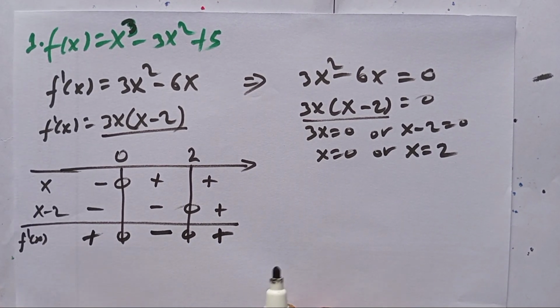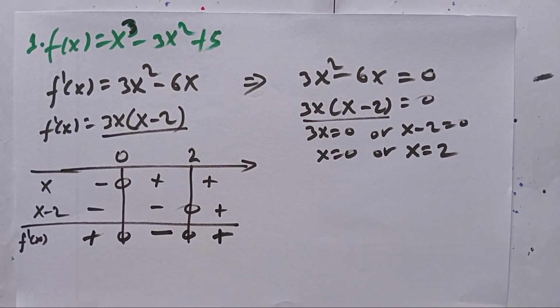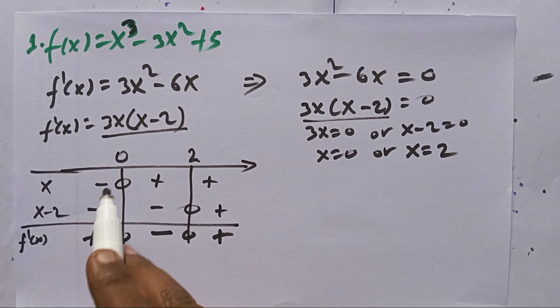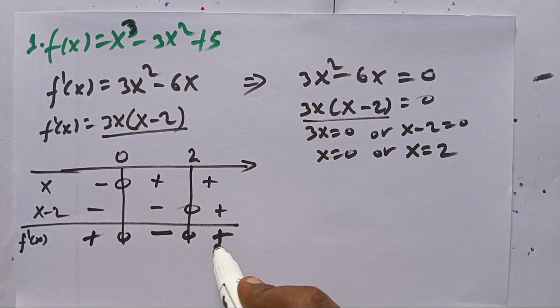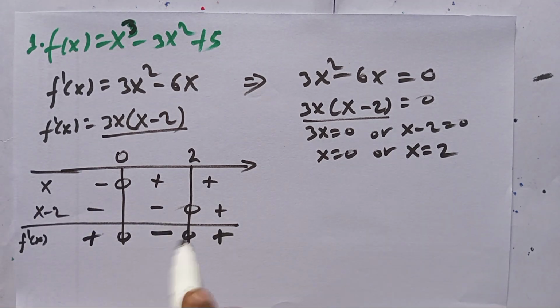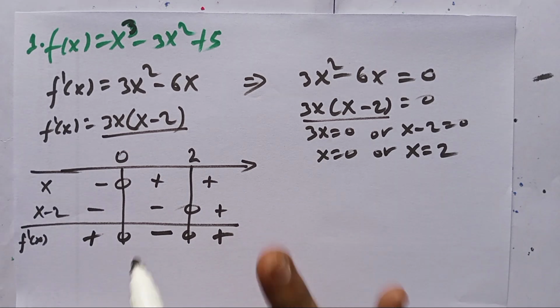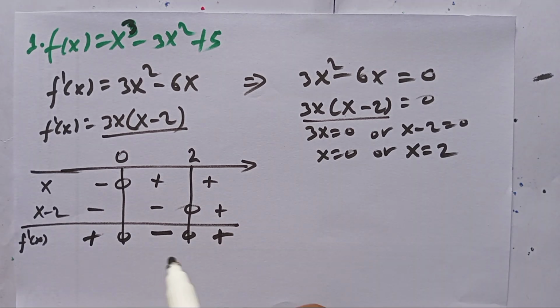Okay, what do you mean by that? Where the first derivative is positive, in this interval the function is strictly increasing: less than or equal to 0 and greater than or equal to 2. Between 0 and 2, including both, the function is decreasing. ይሄው ፖዚቲቭ ባለበት ኢንክሪዝ ያደርጋል፣ ኔጌቲቭ ባለበት ዲክሪዝ ያደርጋል። Using this same chart we can find the local maximum and local minimum at 0 and 2.